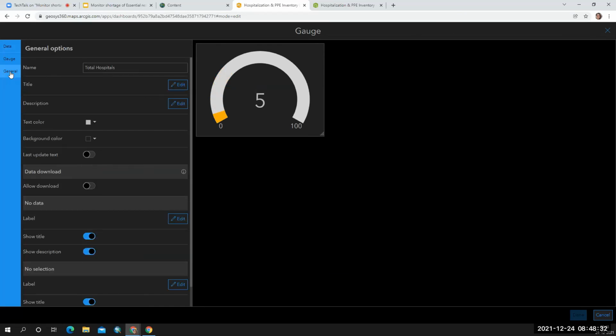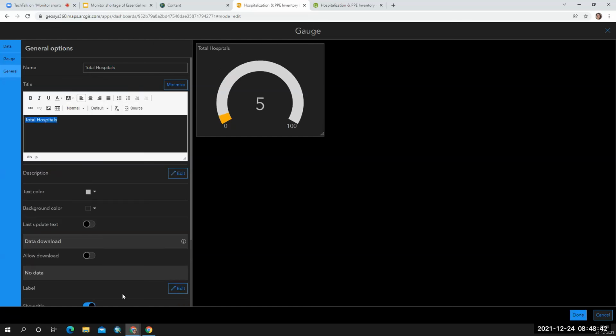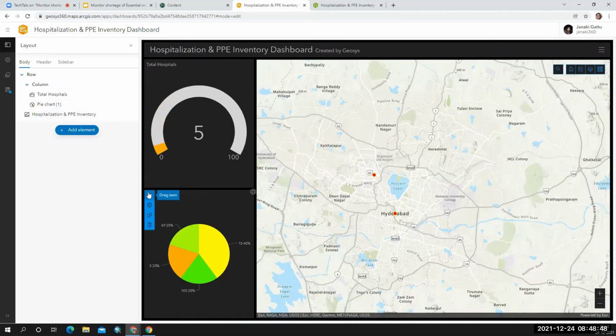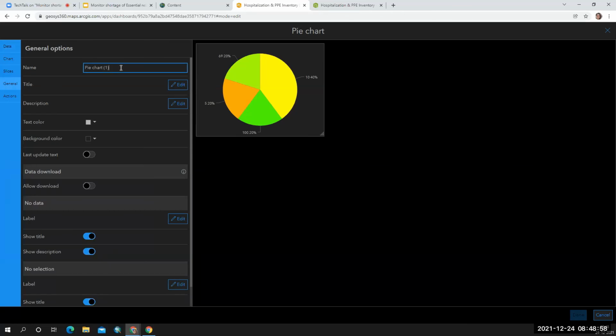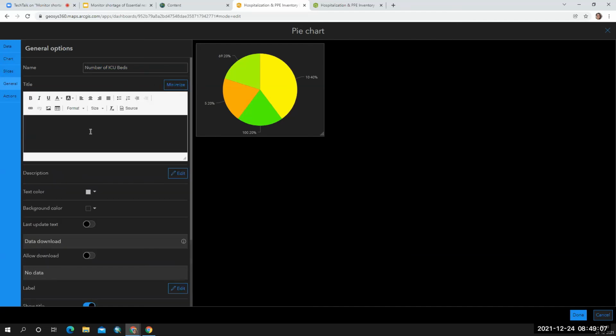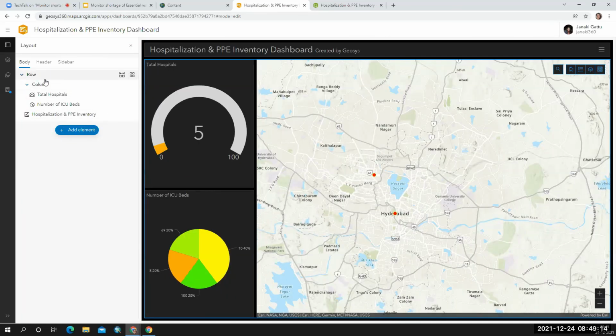So this is the one which we have. So this we have here, and in the similar way,